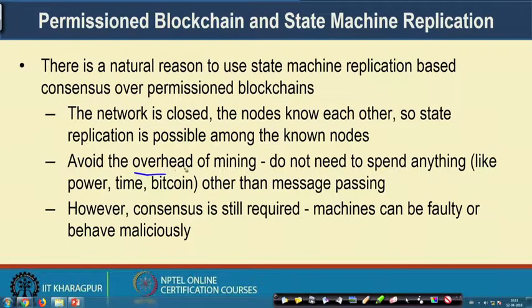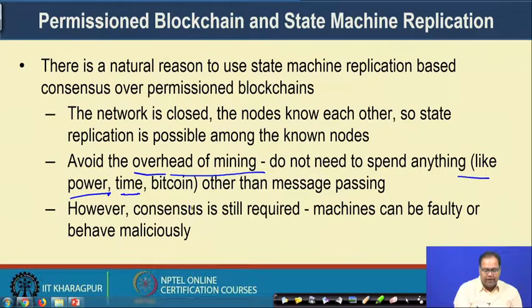The second thing is that this state machine replication based scenario avoids the overhead of mining. Mining has a significant overhead in terms of the system power that you are using, the time that you are providing, and the amount of Bitcoin that you may spend. Or you may apply a proof of stake based mechanism, or a proof of elapsed time based mechanism. So, in case of a challenge response based method, you have to spend your physical assets or you have to spend your digital assets,